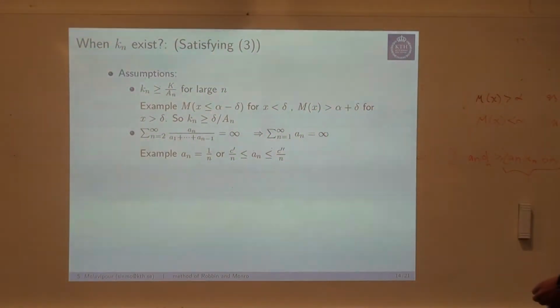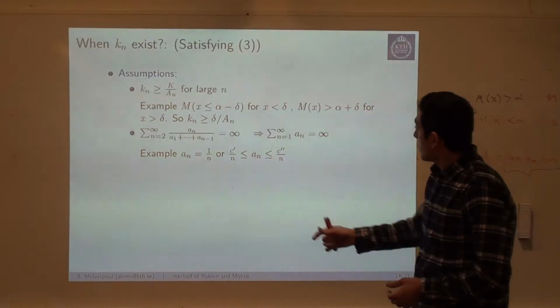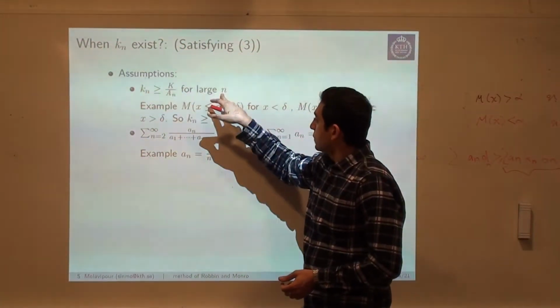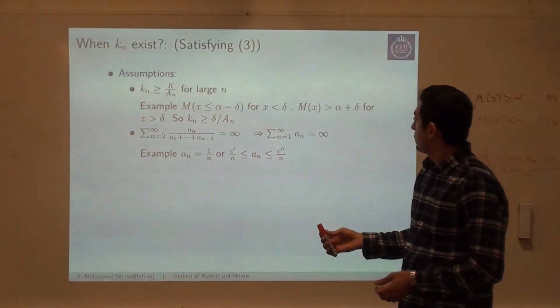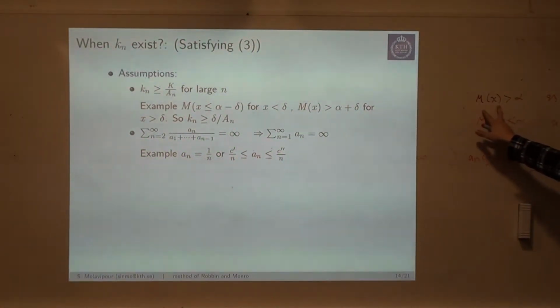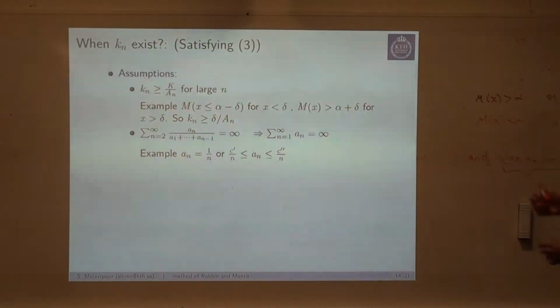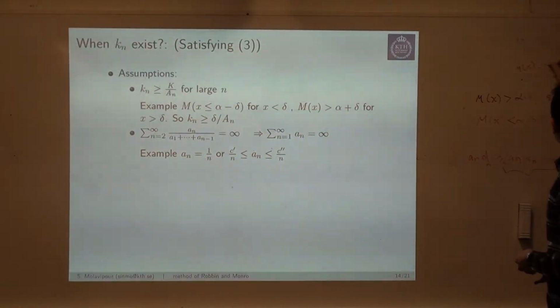So we put an assumption that kn is larger than k over an for large values of n. So let's say, in this condition that we have, that mx is larger than alpha. If you make it more precise and say that mx is larger than alpha plus delta, and mx is smaller than alpha minus delta. So what we have is that mx minus alpha